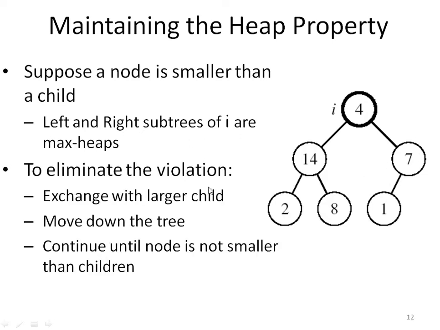Next, in order to maintain the heap property, what do we have to do? We have to check this parent node with its two child nodes. That means I have to compare 4, 14 and 7. Whichever is the largest, I have to make it the parent. And if I'm exchanging, then I have to keep continuing this process till I reach a leaf node or till I reach a position where the max heap property is satisfied.